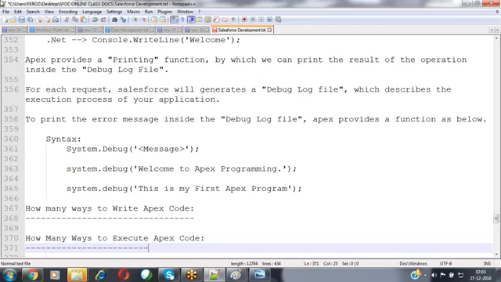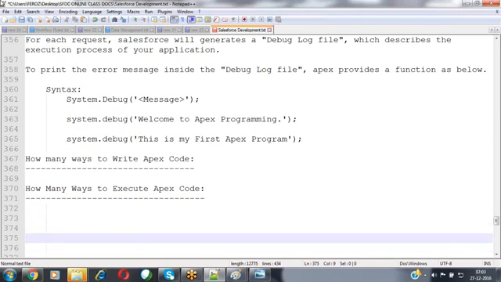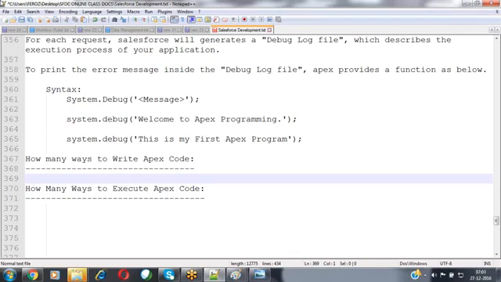We have a total of 8 ways available here. Then how we can execute that Apex code using the different ways, we'll see in the entire Apex programming. From tomorrow onwards, it is purely practical. Don't miss tomorrow's session. Tomorrow's session is very, very crucial.